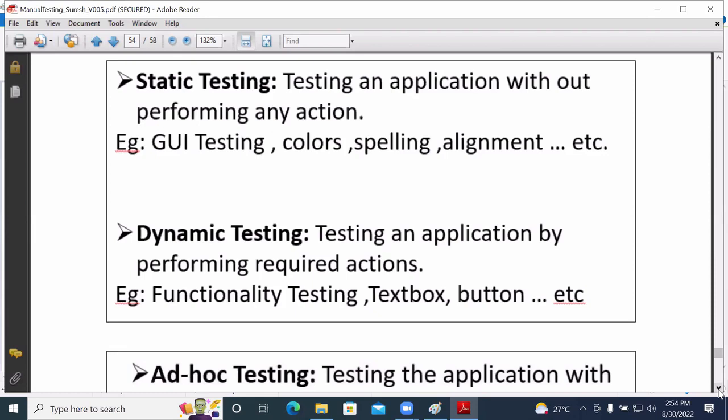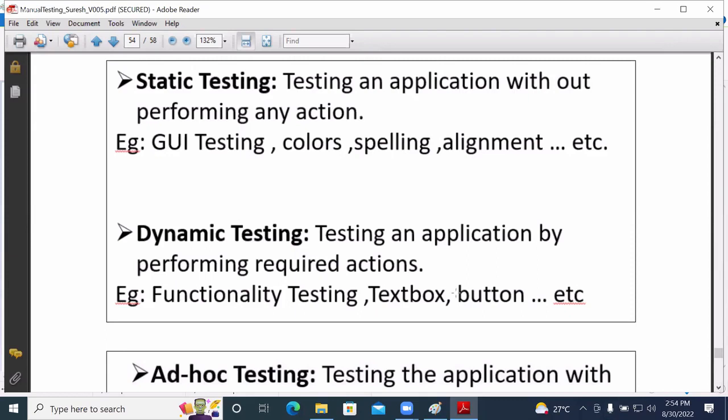The meaning of dynamic testing is doing the testing by performing an action. So one is static testing, and another one is dynamic testing.